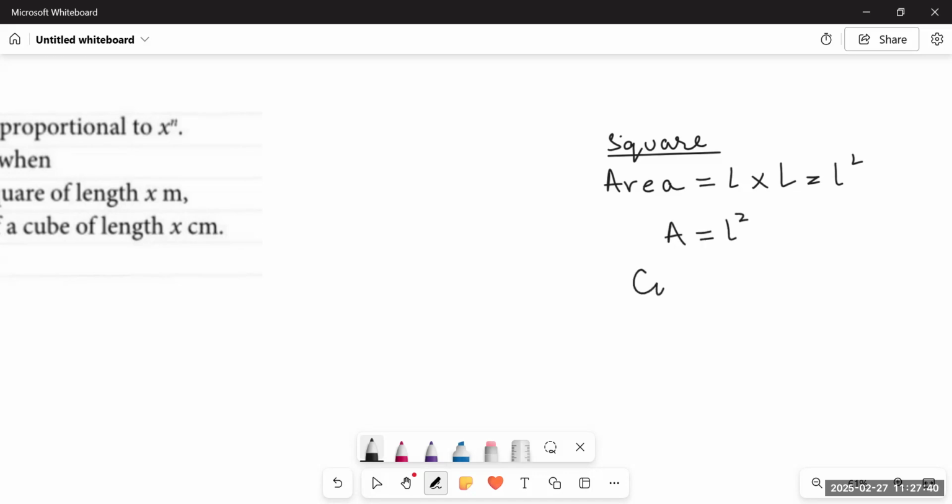And if we talk about the three-dimensional shapes, there comes cube, cuboid, sphere, and others. So if we have to calculate its volume, the formula for finding the volume of a cube is, since all of its dimensions are equal to each other, L multiplied by L multiplied by L. That is L cube.